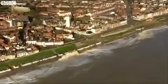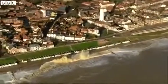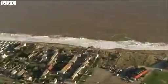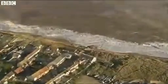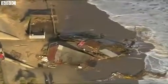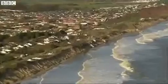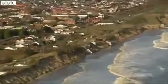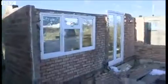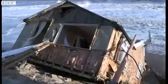More than half a century after the devastating floods of 1953, once again the waters of the North Sea have risen to take back reclaimed land on the east coast. A combination of storm-force winds and high tides creating a huge surge of water that threatened a vast expanse of low-lying coastal areas. At Hemsby on the North Norfolk coast, the high water tore away cliffs and sent these homes